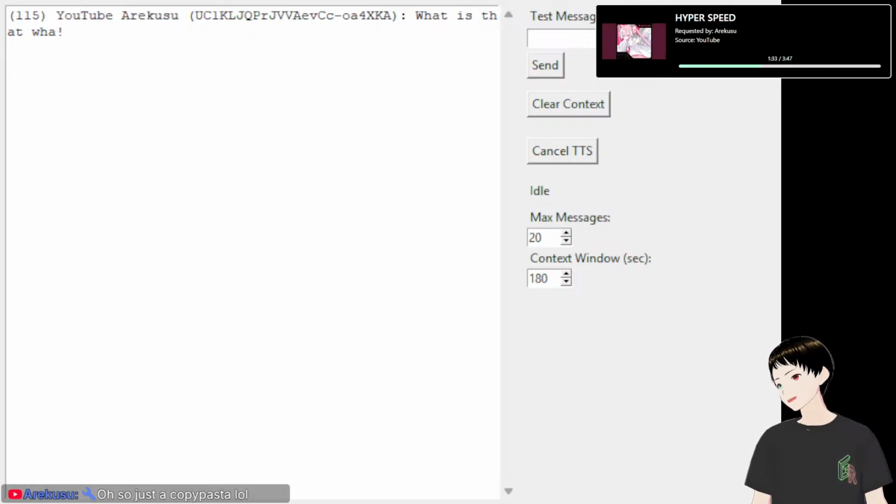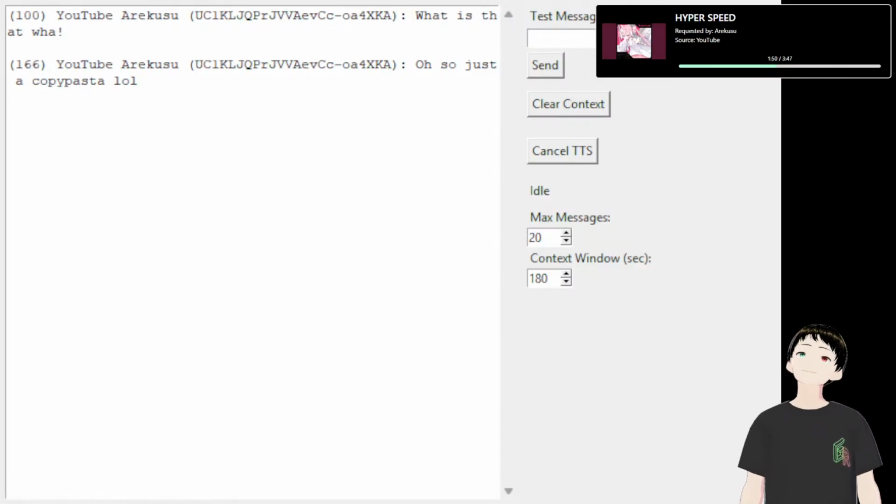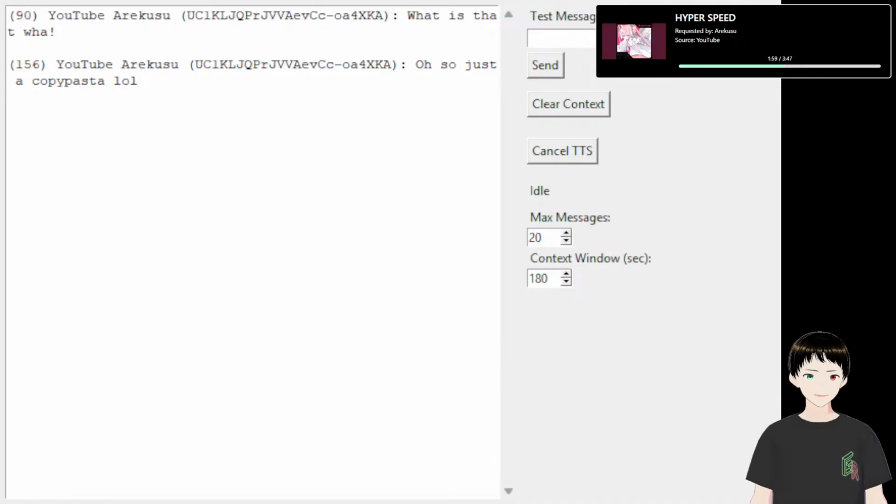Oh, so it's just copy cut. Yeah, it's just placeholder text. If I could give it context of the media bot, like what's currently playing.